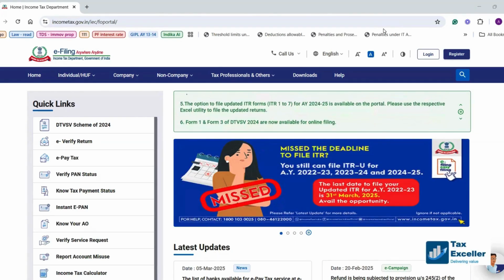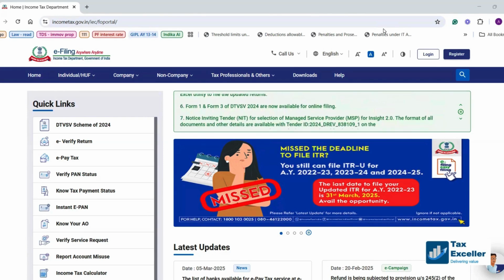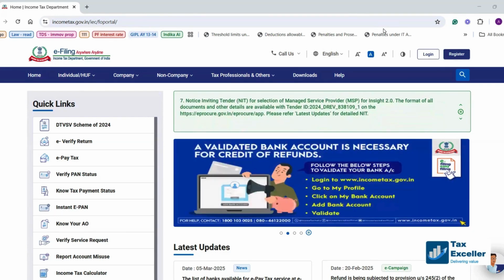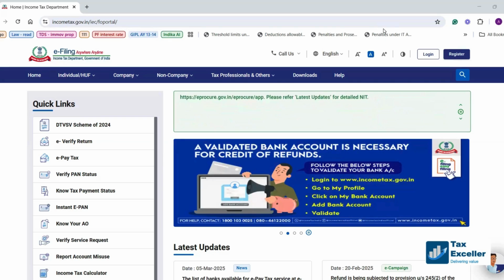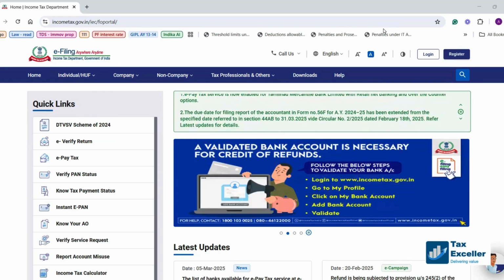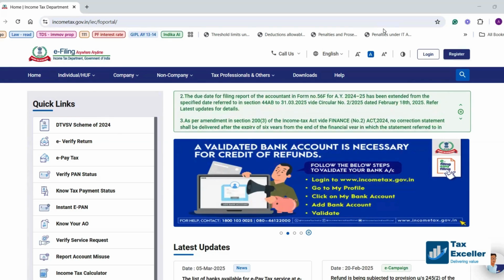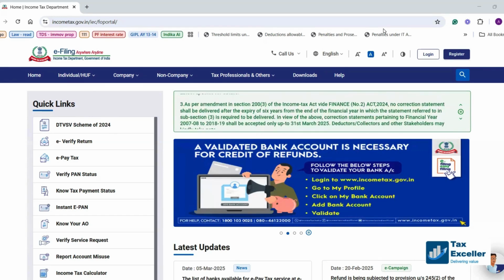Now, I'll quickly jump into the live demo. I'll walk you through the step-by-step process of how you can very efficiently file Form 26QB on the income tax portal. So as you can see on the screen, first